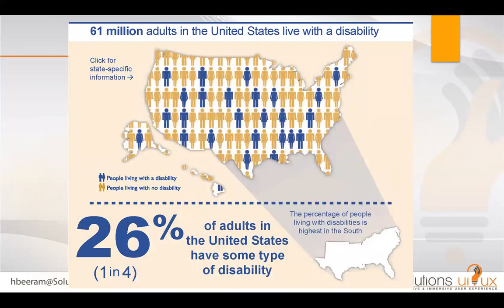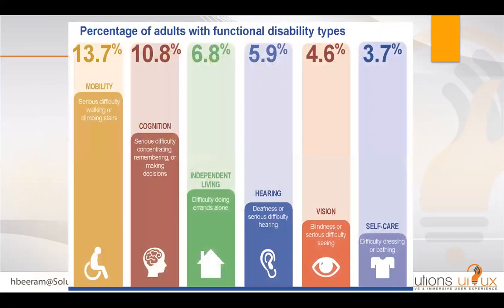26% of Americans, that is 61 million people, have some level of disability. That is 1 in 4 people. And these disabilities and impairments and severe impairments are on wide ranges, and these wide ranges have different percentages, right? Motor disability, cognitive disability, hearing, vision disability, and self-care. All of these disabilities and impairments combined are 61 million in the United States and 1.3 billion all over the world.